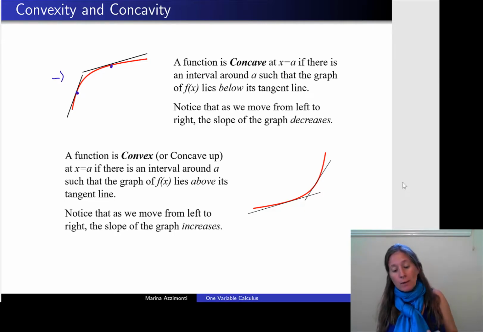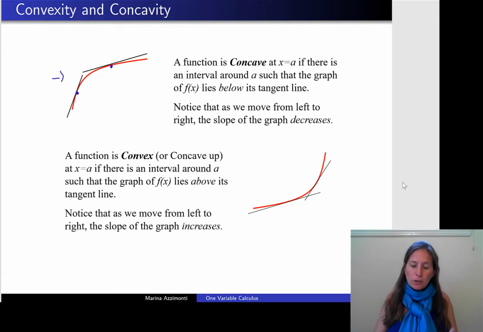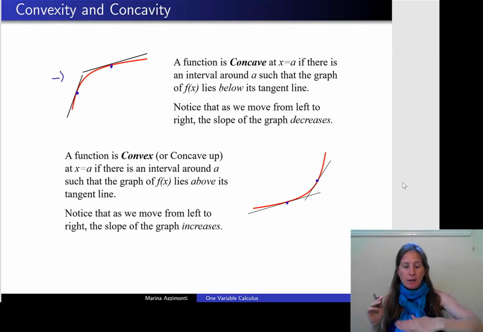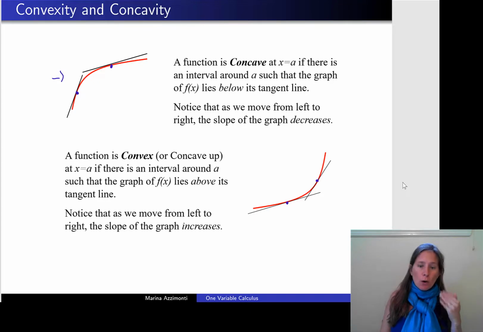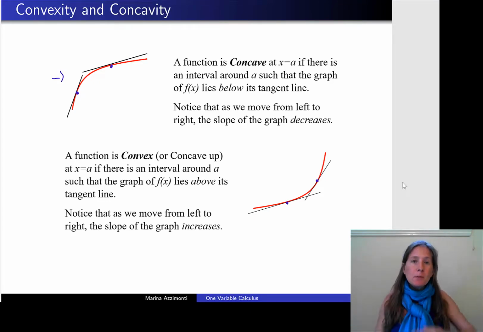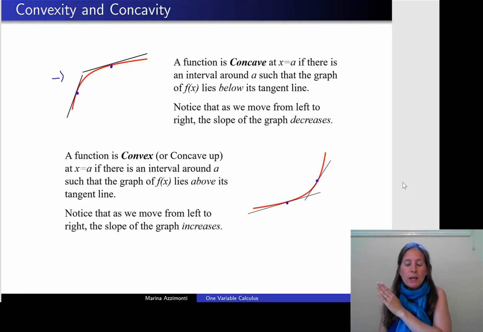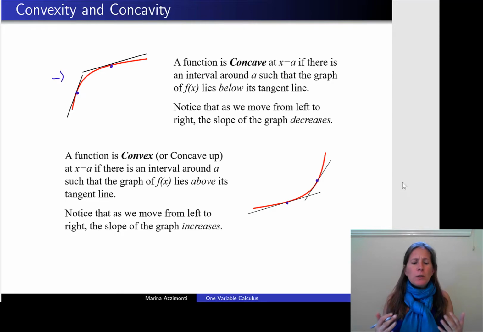On the other hand, when we have a convex function, the opposite happens. Look at the tangent of a convex function in the second plot. So we can see that when we are facing a convex function, the graph typically lies above the tangent lines at different points. Moreover, we can also see that the slope becomes steeper and steeper as we move from left to right. So how can we relate this with derivatives?